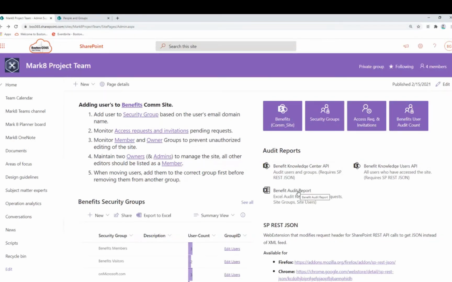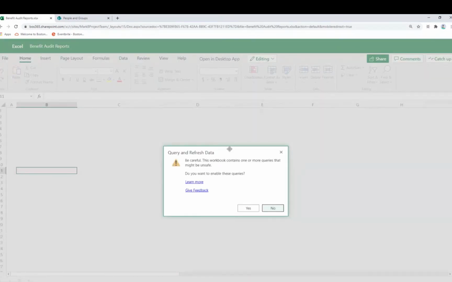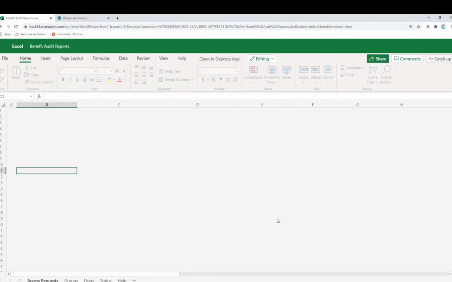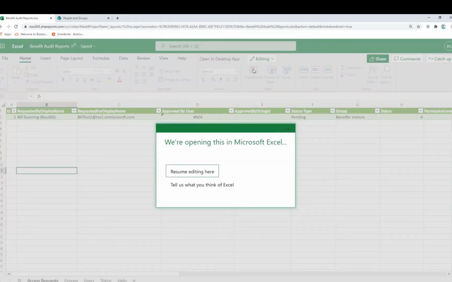Now the other thing you can do is make Excel. We showed you these API commands that go out to the REST and get the data. We showed you Power Automate that you can go out and get the data and bring it to a list. You can do the same exact thing from Excel. Let me open up this Excel file. It does not work on the web version. The web version will not do a refresh, so I get these error messages. You have to open in Desktop App. So, open in Desktop App.